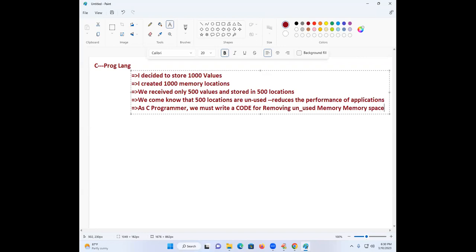Will you be able to write it by yourself? There is no facility present in which language? C language, to eliminate which memory space? Unused memory space elimination code is not there.